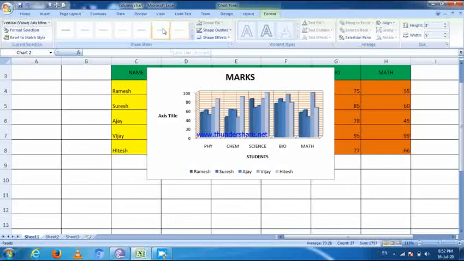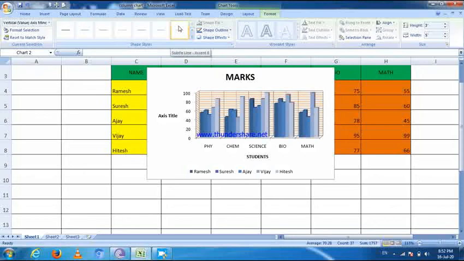You can see what effects you can apply and what changes are made in your charts. Then apply formats one by one on your charts. That's how many formats are available in the format tab.